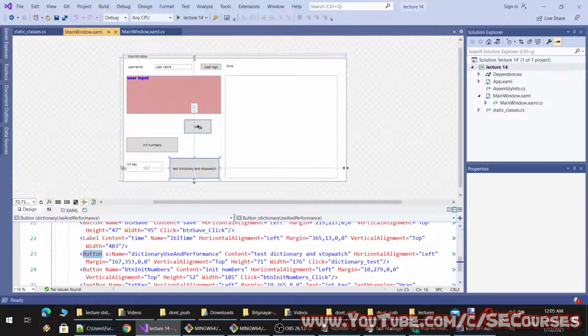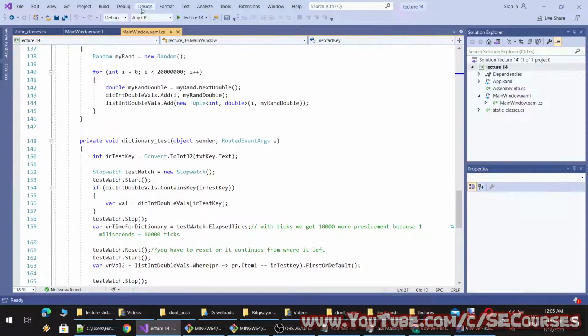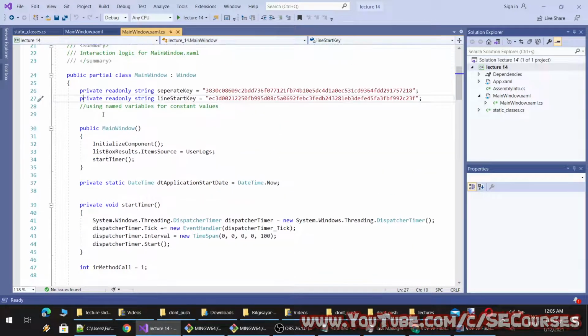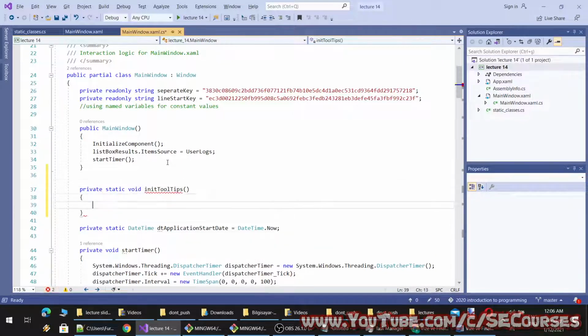Okay, so let's write a tooltip to the save button. Okay, I can write another private method such as here.